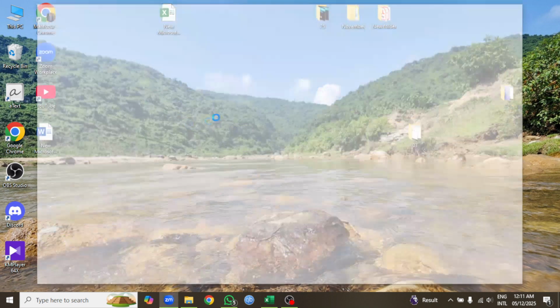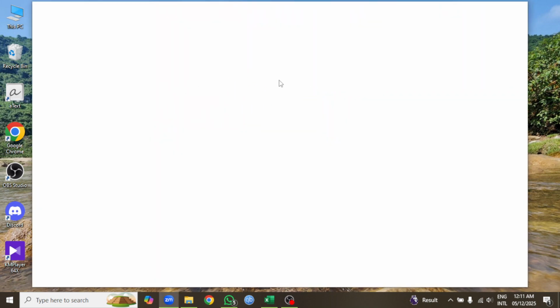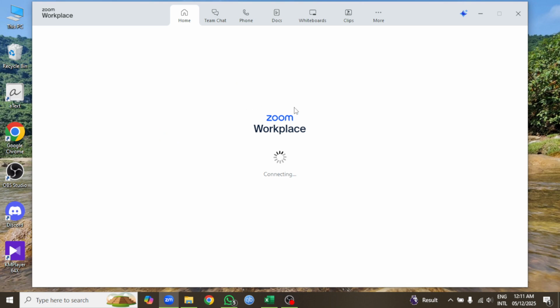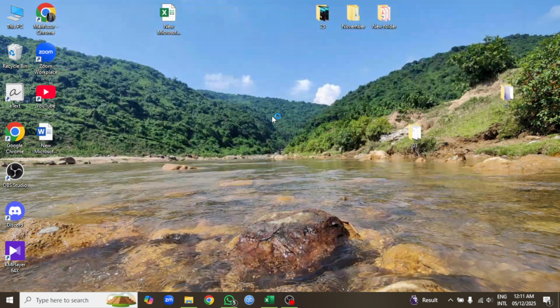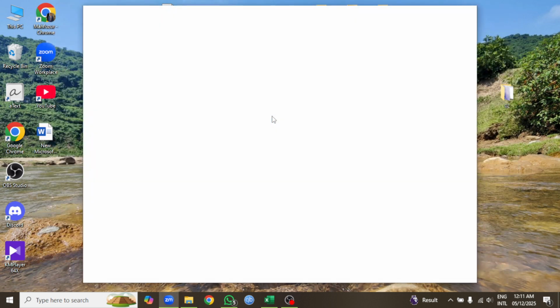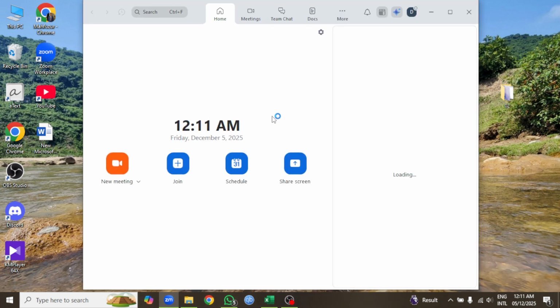Look for Zoom in the Processes tab. It may appear under Apps as Zoom or Zoom Meetings, and in some cases you might see more than one Zoom process, including background items. Click on Zoom to highlight it, then click End Task in the bottom right corner of Task Manager. If you see additional Zoom entries like multiple Zoom.exe items, end those as well to